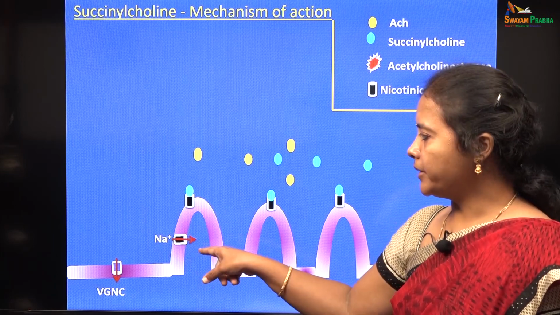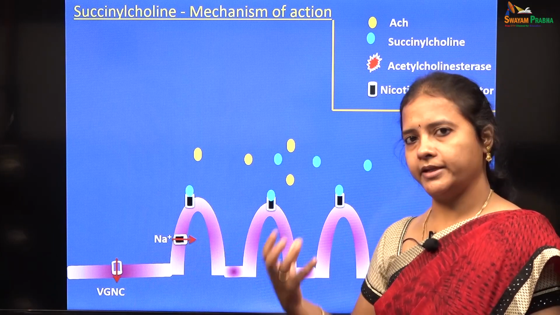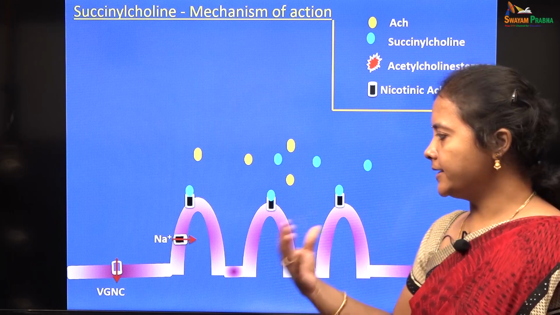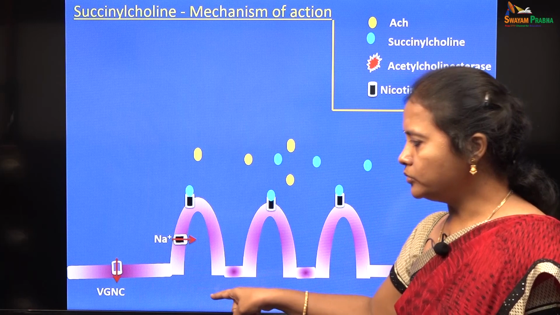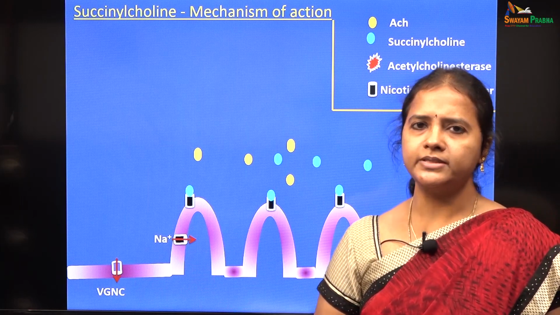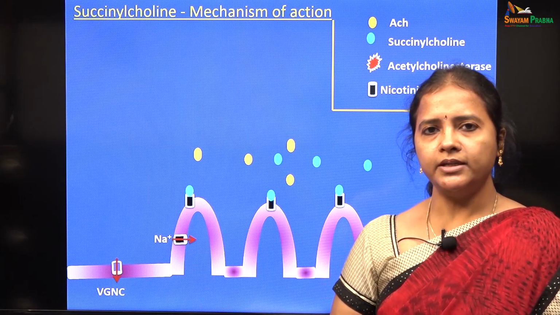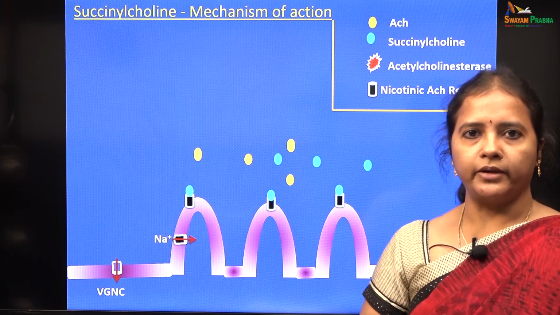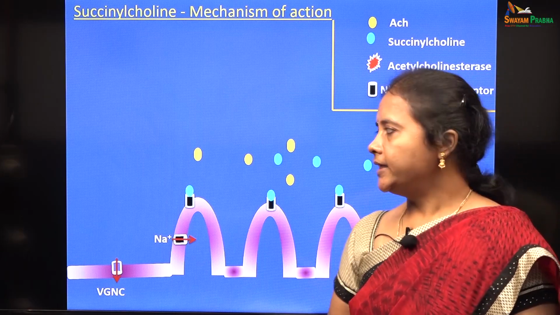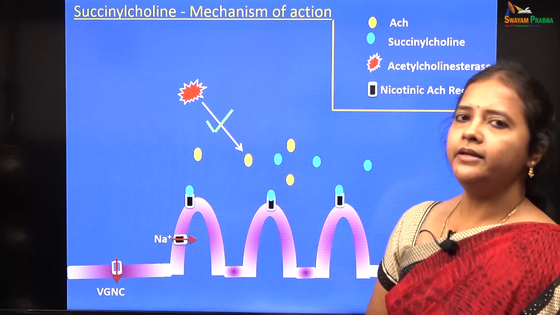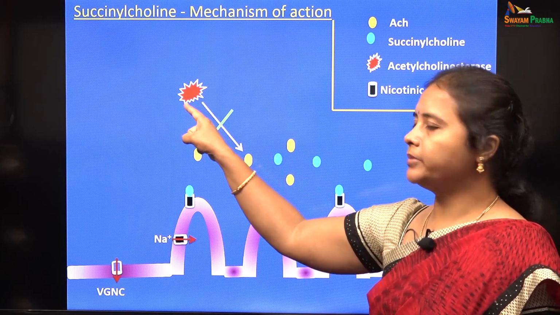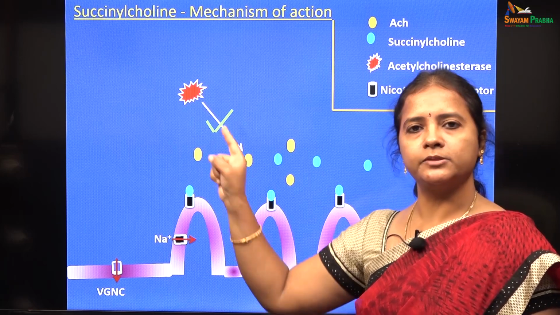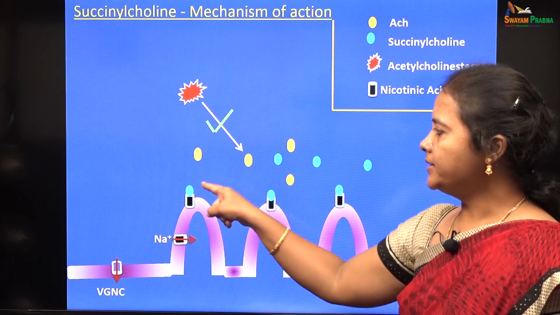This entry of sodium ions will cause further generation of end plate potential, and this end plate potential will further open the voltage gated sodium channel, leading on to continuous entry of sodium ions, leading on to action potential. So, initially it produces a muscle contraction in the muscle, but acetylcholine can be destroyed. The excess amount of acetylcholine usually is destroyed by the acetylcholinesterase enzyme which is present in the synaptic cleft, but